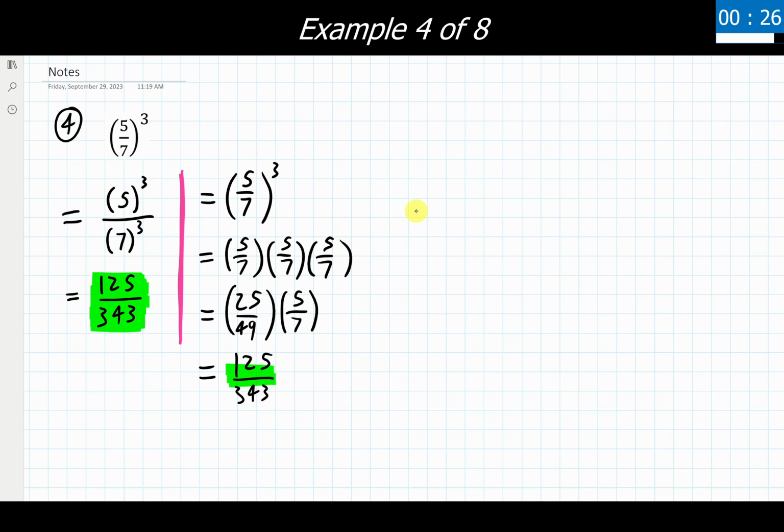So both methods are perfectly viable, both methods work, they get us to the exact same answer, but the properties that we just learned might make this a little bit faster, especially if we are using a calculator to go along with those. And if you are watching this and you are in my class, you are more than welcome to use a calculator to go through and do this calculation for yourself. Perfectly valid. I'm all for doing that for the homework and for the tests.